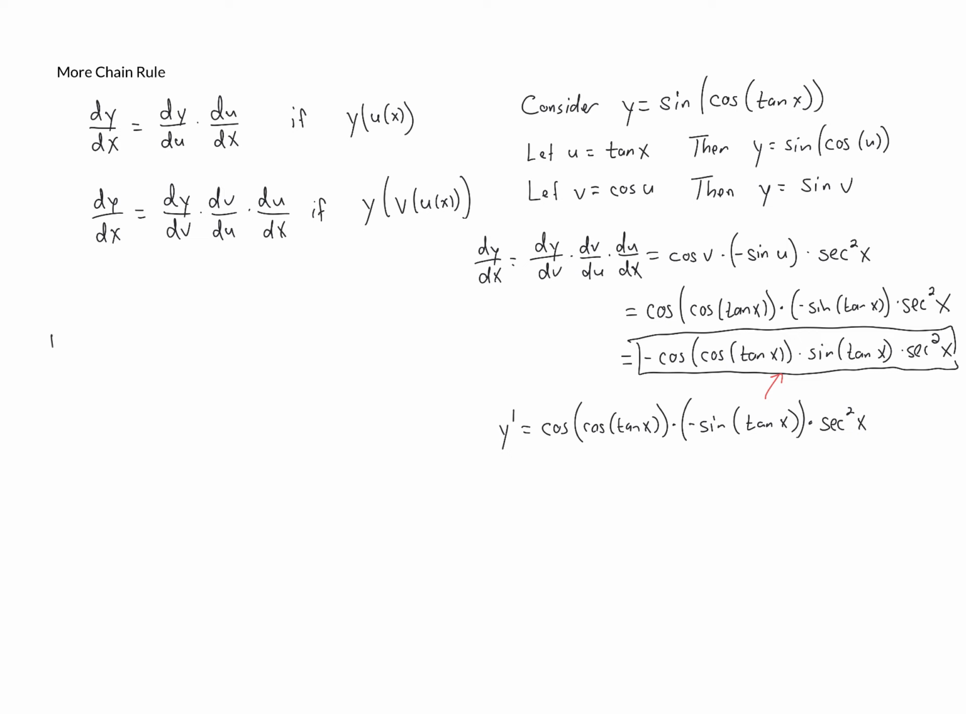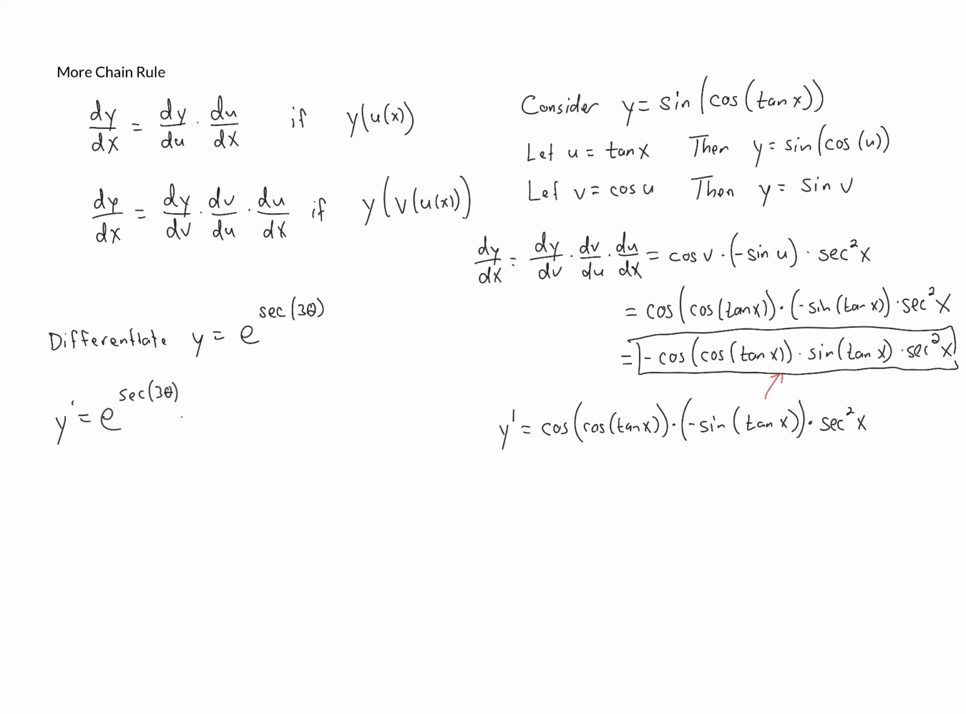So let's differentiate y equals e to the secant of 3 theta. Now this is a composition of three functions. The outermost function is e to the v, and then the middle function v is secant of u, and then the inner function u equals 3 theta. Let's differentiate from the outside in. Well, the derivative of e to the v is just e to the v, so that's going to be e to the secant of 3 theta,